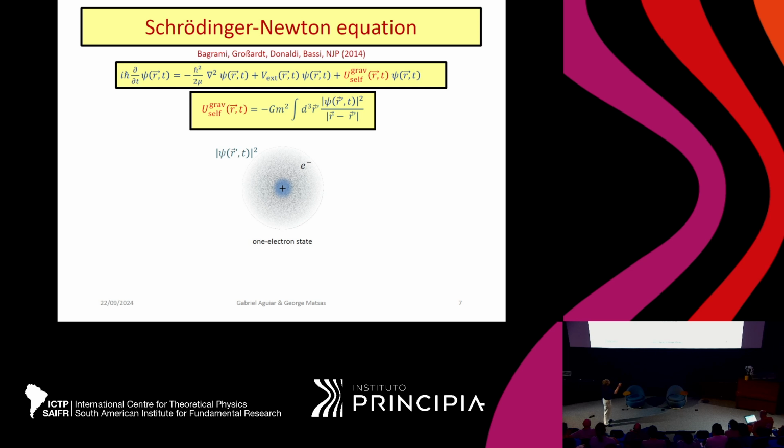This is why we call this a self-interacting gravitational term: it's gravitational because of this coupling here, and self because it depends on itself. Okay? So this is clearly much beyond usual